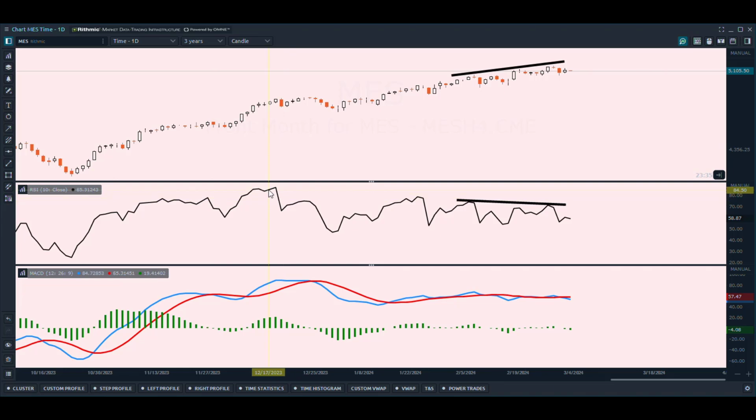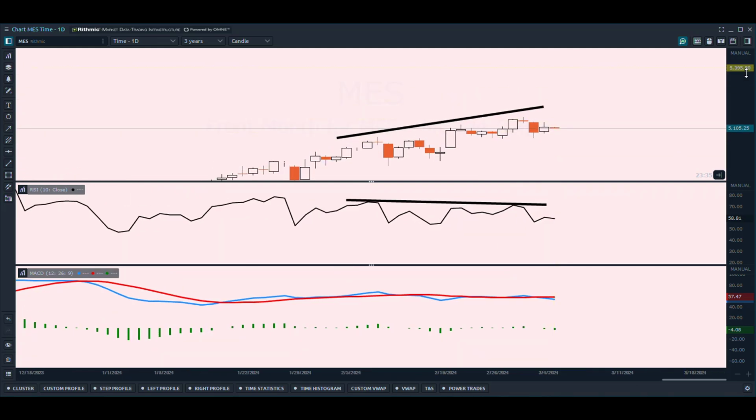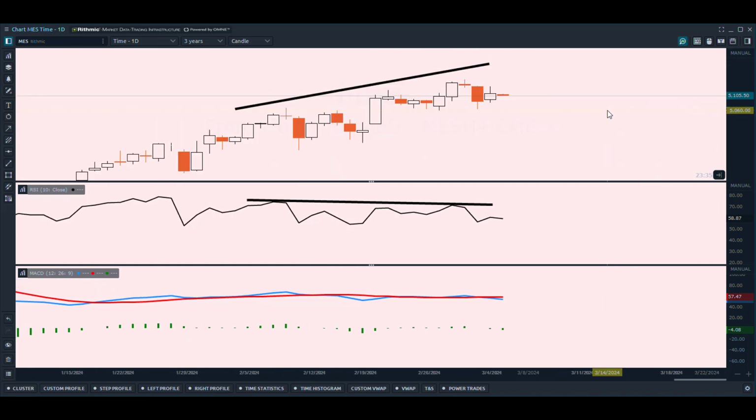As you can see here, each time we've had these lower highs with a higher high on price, we only had a 1 or 2 day move down. And so, for example, if we zoom in here, this is where we can go over what would be a price trigger. So if we zoom in,